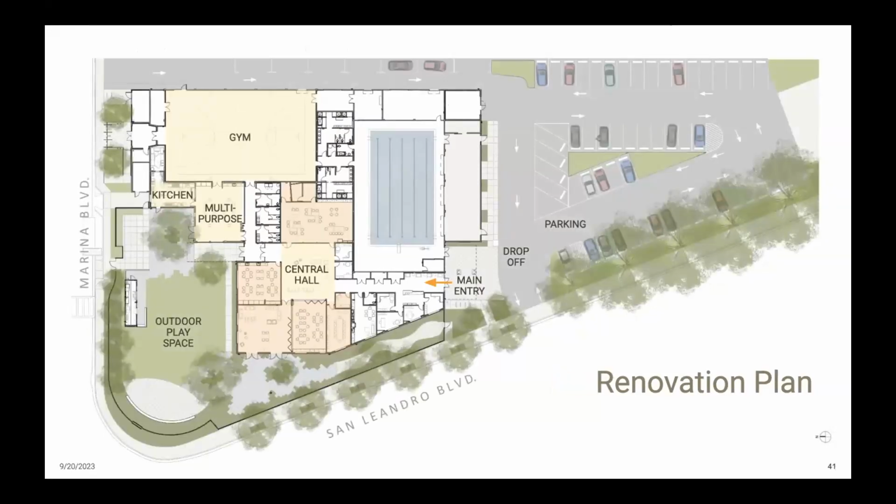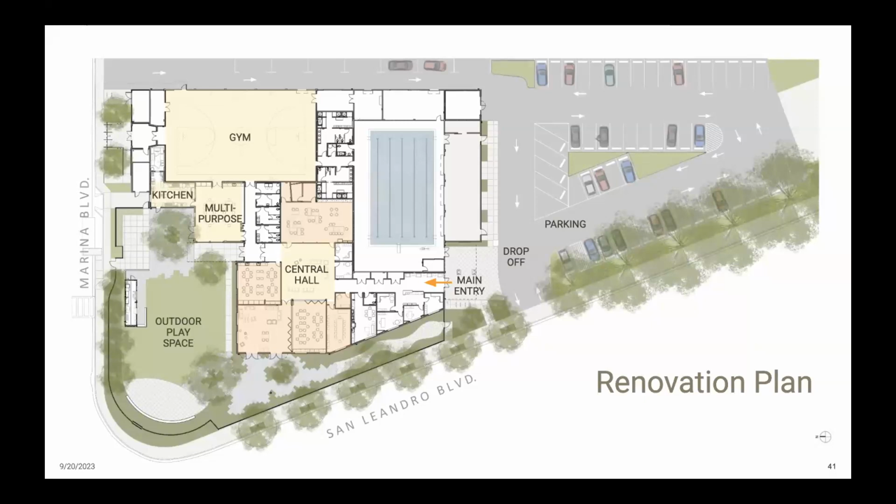The renovation included taking over some of the parking for outdoor play space and reorienting the main entrance, flipping it to the south side of the building at a safe, dedicated drop-off area close to the parking lot. The gym remains in the building and it continues to be a really important part of the program, but not the heart of the program. The heart is now the central hall, which functions sort of like a quad for the building. It's the arrival point for teens, and it's connected to all of the various program spaces around it, which are again highlighted in light orange here.